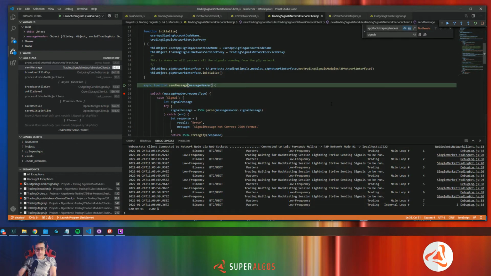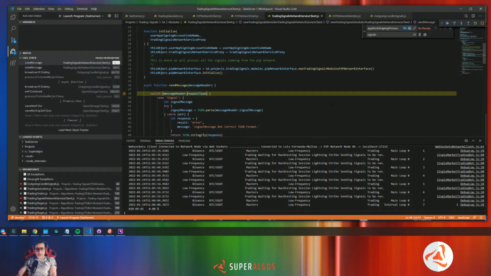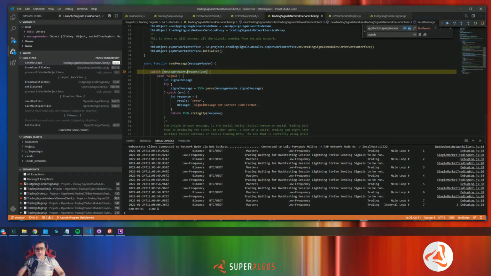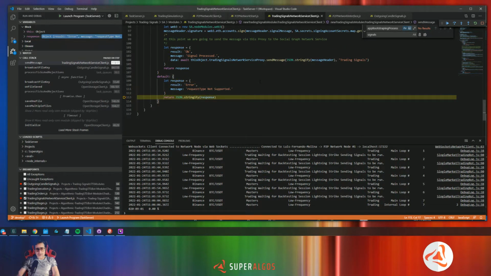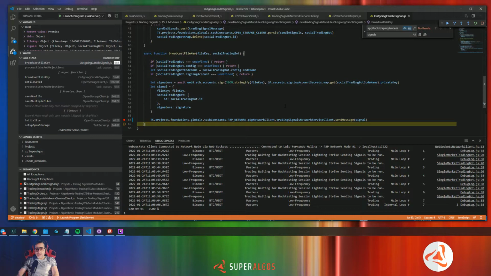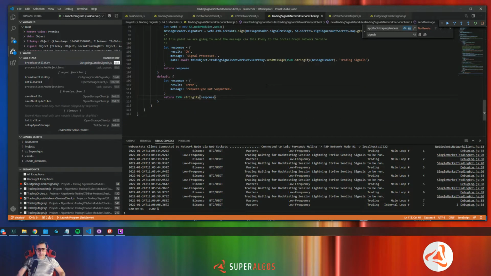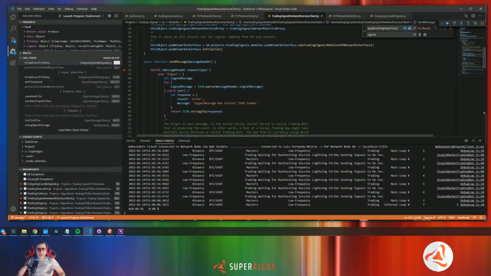We get here, and this is going to fail because we had no request type. Okay, so the request type does not exist, so it's going to respond with this: request type not supported, and God knows what is going to happen there. So as we try to standardize this,